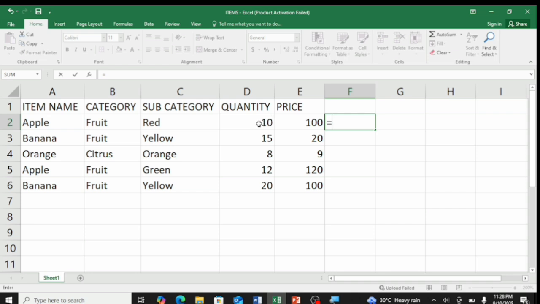So 10 is in cell D2. So I'm going to click on it, and then it will reference the name of the cell inside this cell where I want my answer to appear. Since we are adding our value, I'm going to go ahead and press our operator, which is the plus sign, and then I'll come here and click on this value, and then it will reference the cell name, which is